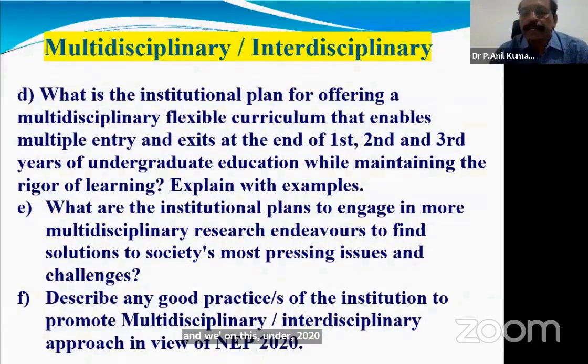And what is the institutional plan for offering a multidisciplinary flexible curriculum that enables multiple entry and exits? This is very, very important under this new education policy. So far our students are pursuing a 3-year degree program. Now we are offering a 5-year degree program, a 4-year degree program with research on one side and with teaching on one side